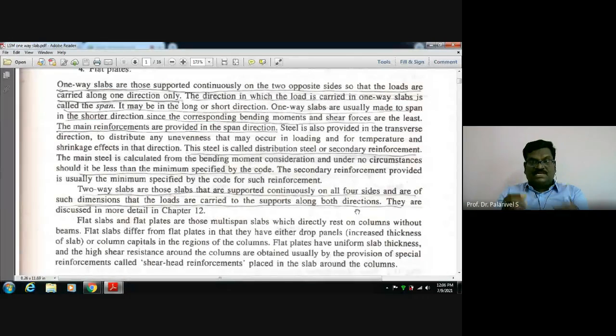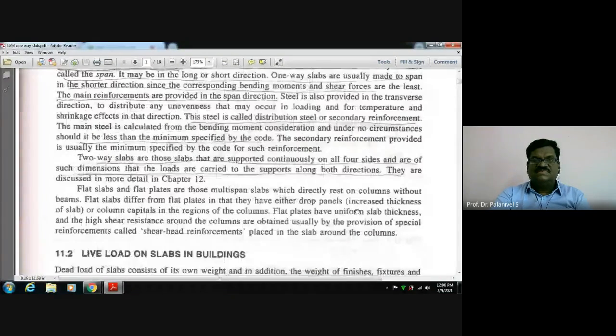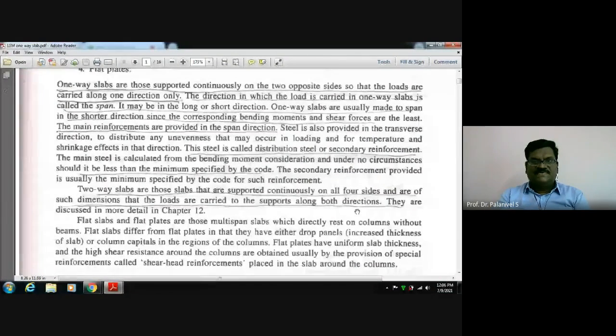From this you can understand the mechanism of bending, the tendency of bending, or the mode of bending, the way in which the slab tends to bend in actual practice, in nature. I hope you can visualize it easily. This was a discussion more than sufficient to distinguish a one-way slab and a two-way slab, and I told you some information about how the reinforcements are to be provided. That I have discussed with you.